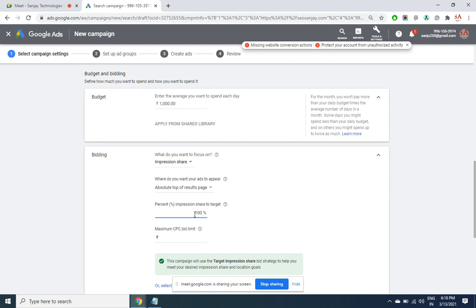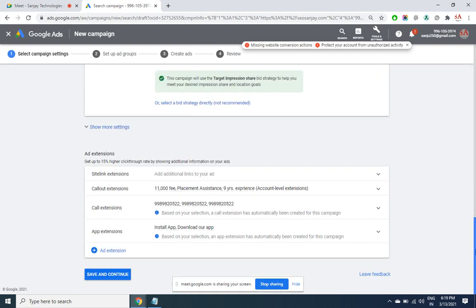Among several keywords that you will be giving in the next screen, for whichever keywords under 10 rupees it is possible to rank in the first place, your ad will get displayed. Otherwise your ad is not eligible. So though we might have given 1000 keywords, maybe only for 50 keywords is it possible that by paying less than 10 you are able to get the first rank. Then the search engine will display the ad only for those selected 50 keywords. Then all these extensions we have already discussed.